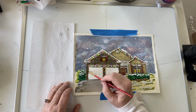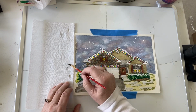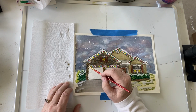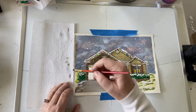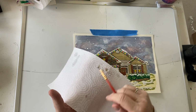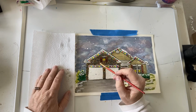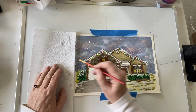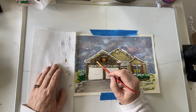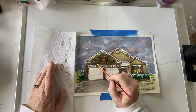and seeing if we can just lift some of this color. Oh, you can see how bright that got right there. And we'll do another one over here, and some of the gray ones. Maybe you can't see it, but you can see how much paint I'm getting off of the painting here. Let me just do something a little bit more obvious. So I made that wet. I'm reactivating the paint. Oh wow, look how bright that got. All right, so I'm reactivating the paint and then just lifting off